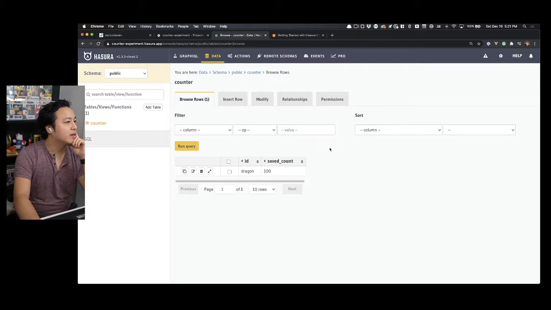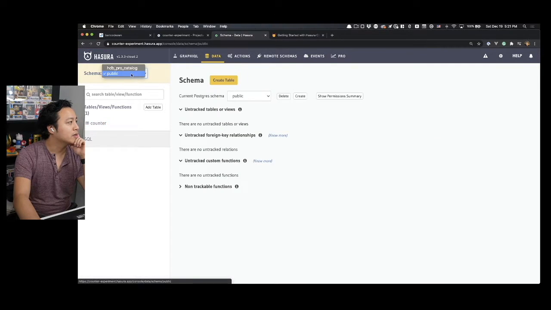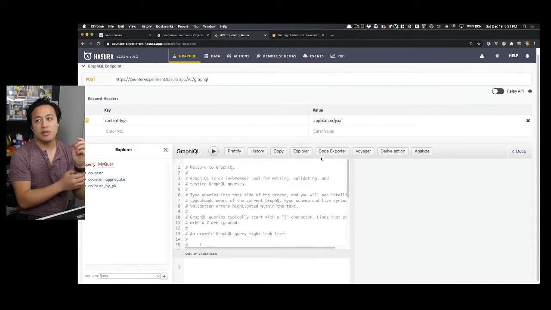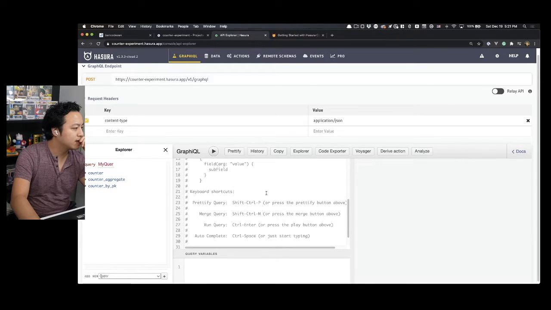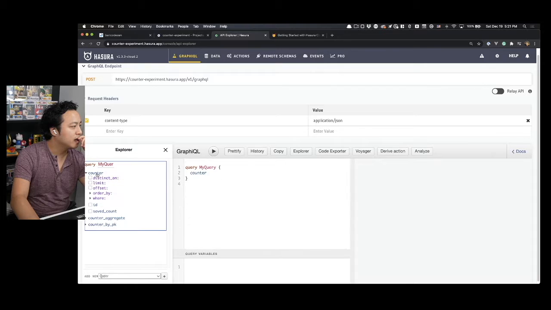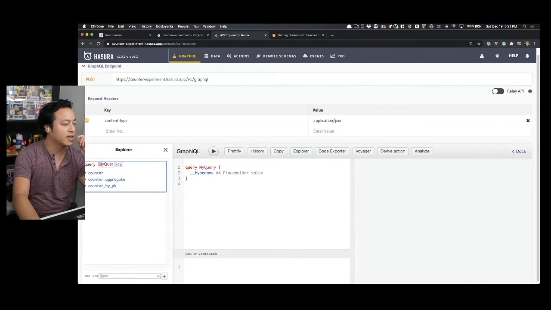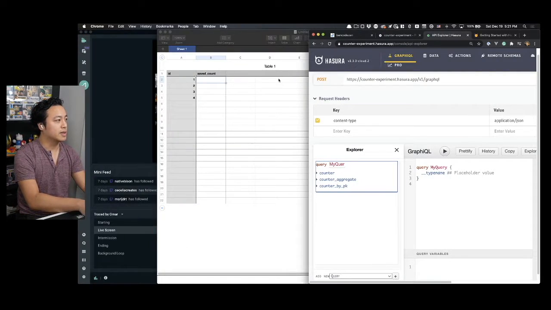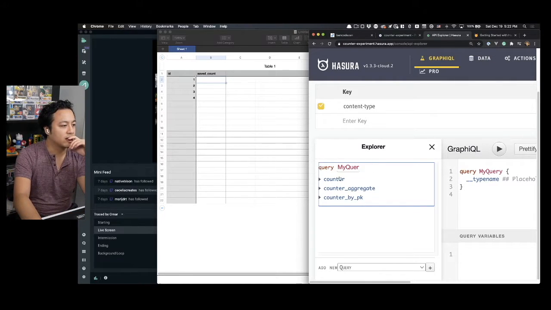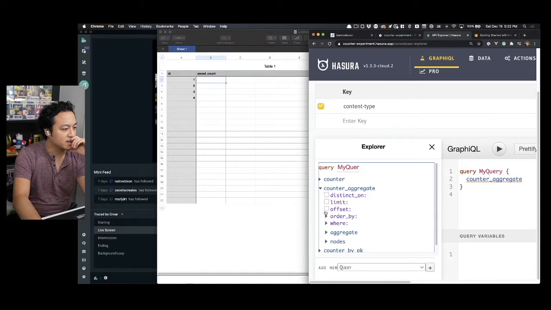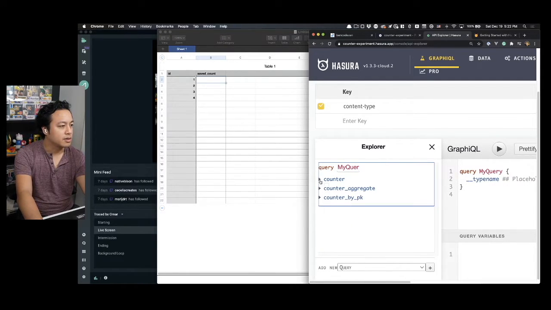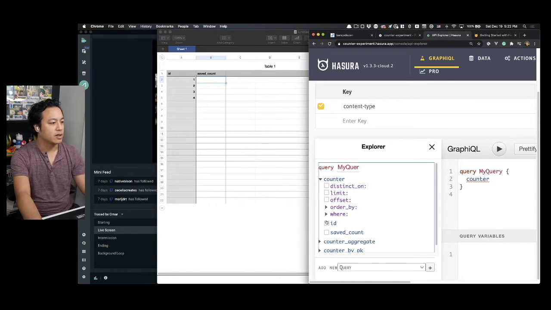And so now that we have that, we theoretically could, let's say, go, so we're in the schema, GraphQL. Think of GraphQL as basically a playground for going in and validating the fact that you can test the calls, the functions, and check that you're getting what you expect. In this case, it looks like they're giving us a bunch of comments, great. So when I'm clicking on the left-hand side, you can see there is a way for you to click on these things as far as what you're looking for. They even have aggregates, which basically allow you to apply calculations to the data. That's what aggregates are. And so here, it looks like we're looking for a counter where the ID,